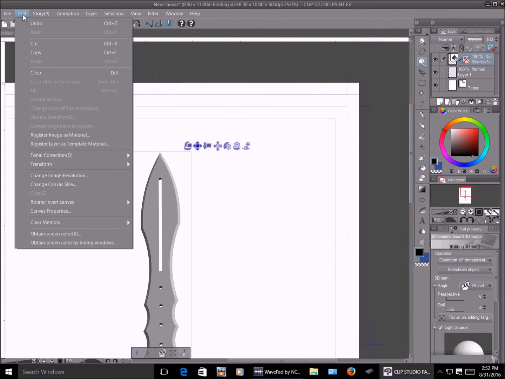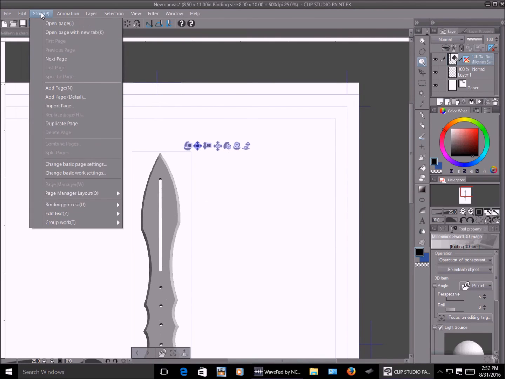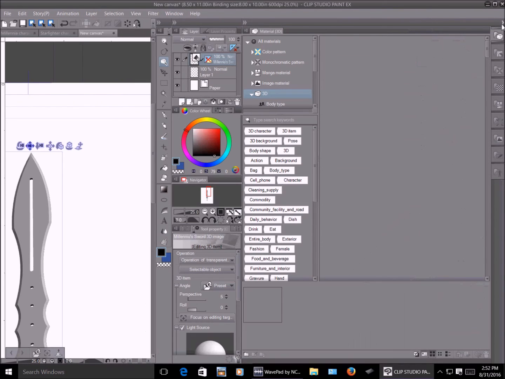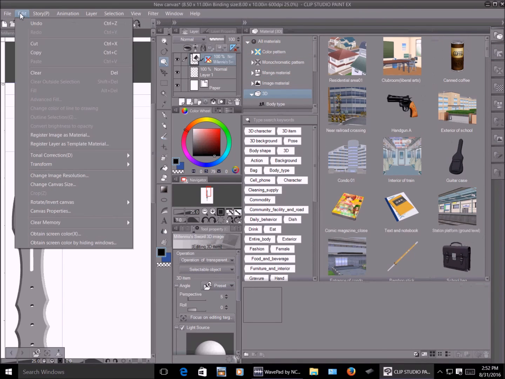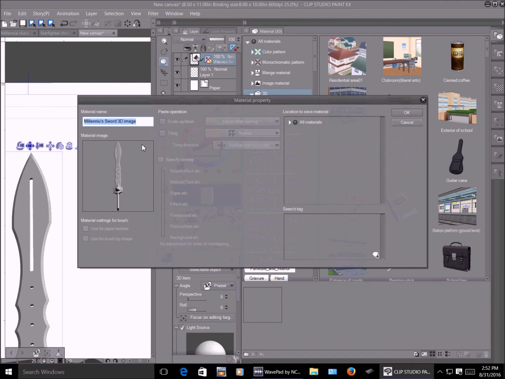All you'd have to do now is come in and find, if I can remember where it is, edit, if I remember correctly. Register image as a material. I think. Now we just look to where we want it to go. Let's put it in 3D images.